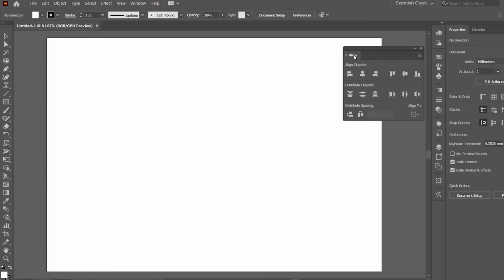Now what the align panel does is, you named it, aligned, so it aligns any object. It's very similar to text. You can align it to the right or to the left, justify it in the middle, or center it, etc. That's the same thing as the align panel, just this time it's with objects. And also it distributes objects. That means you can distribute objects over a certain defined area, or over the whole artboard, like we'll see